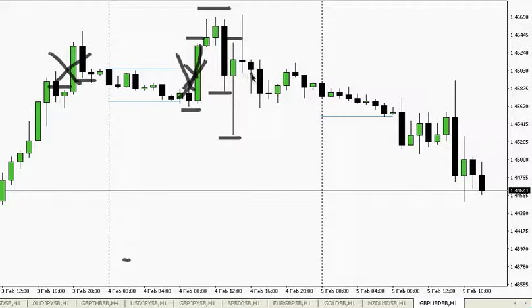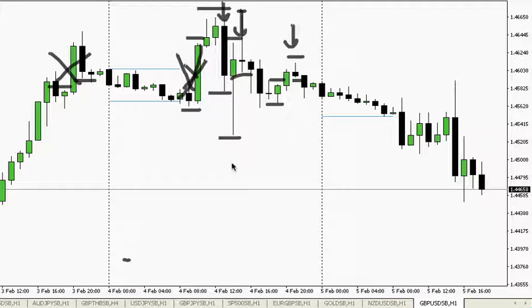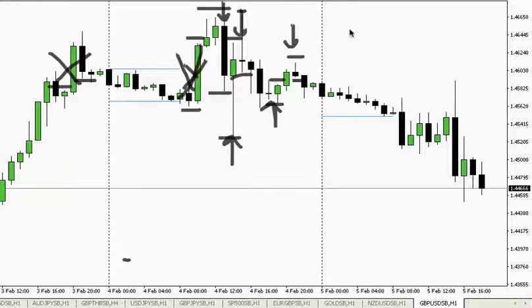Then you have this reversal trade, so now we're 2 short and 1 long, and then we reverse again, and we're 2 long and 2 short, and then we reverse again. So we end the day with 3 shorts, this one here, this one here, and this one here, and 2 longs, this one and this one.